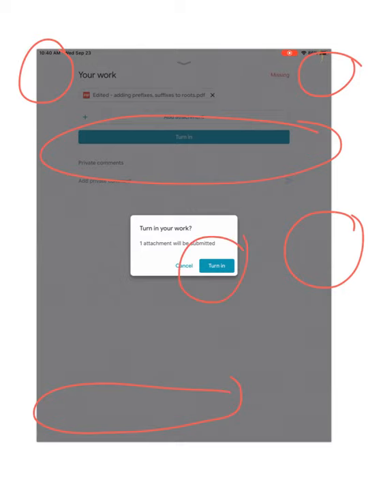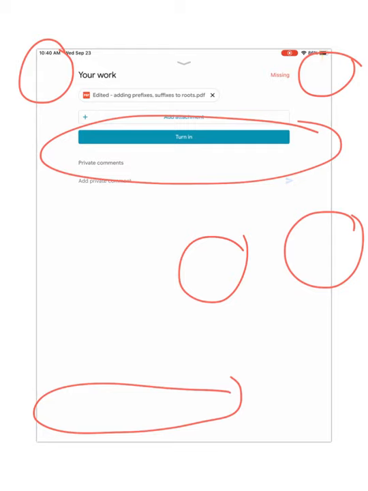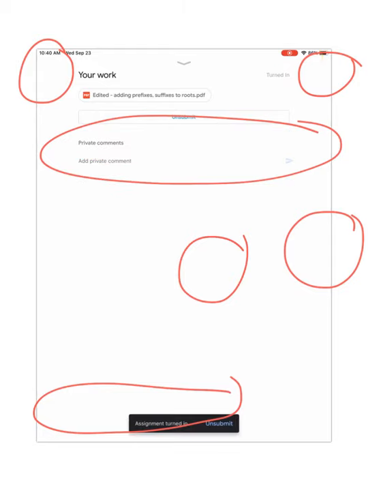You hit turn in. When you tap that a second time, it will take you back, and it is now done. So then your teacher will be able to open your assignment, and then your teacher will be able to edit it and correct it and add information and return it to you through Google Classroom, not through email or